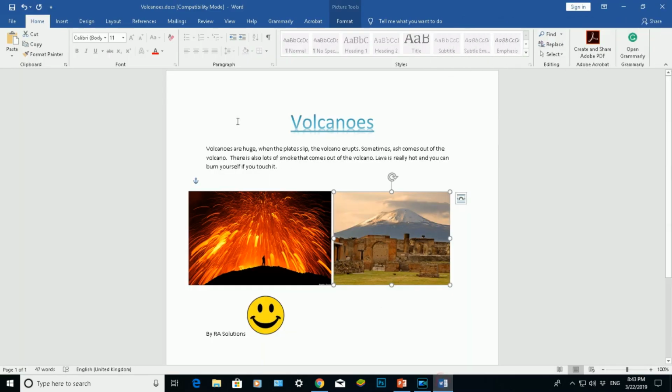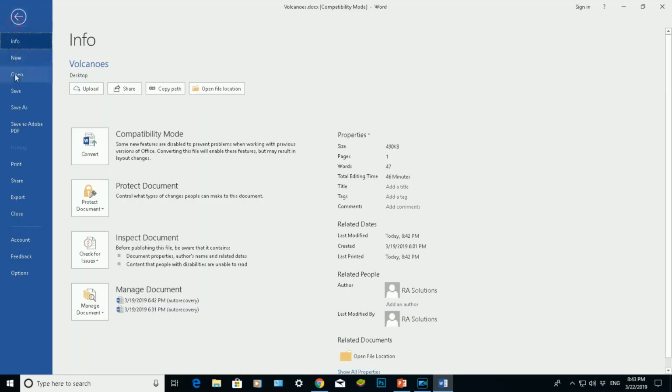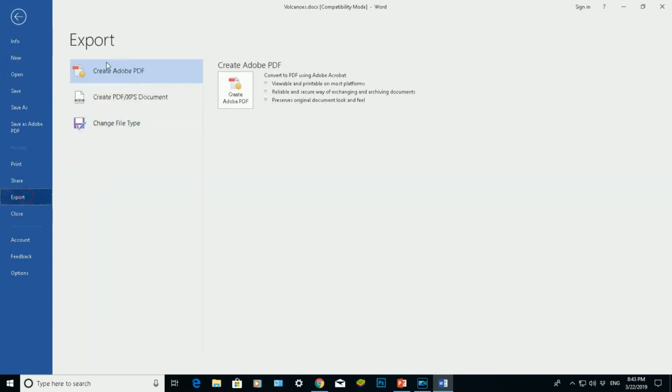If I go back into that Word document, there is another way. There's actually a third way, and I'll show you the third way as well. So File, same sort of way, go down to Export this time. Click on Export, and here we can create an Adobe PDF document here. So click on that, and click on this Create button here, create Adobe PDF document. Once we're happy with it,